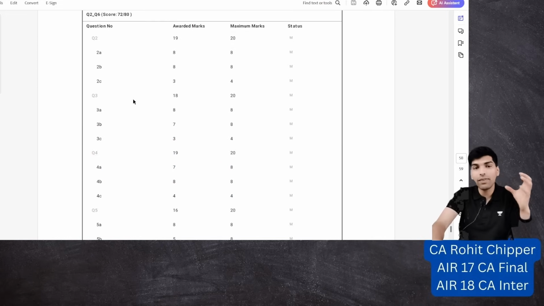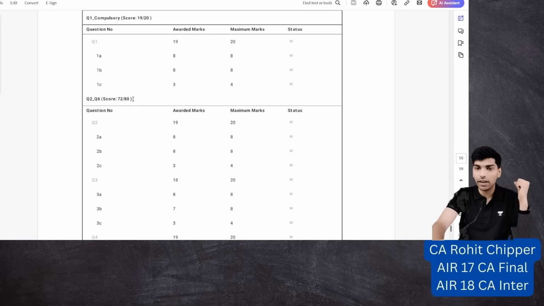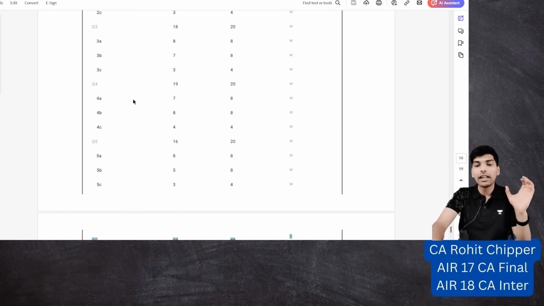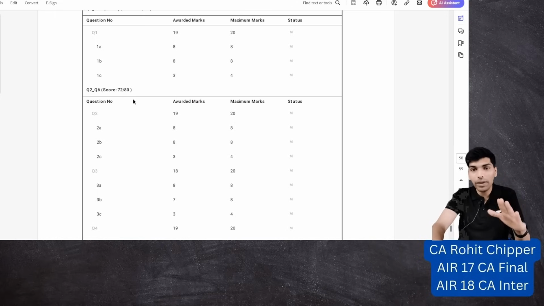Only the best 5 answers have been included in my exam. Due to this, I got an advantage of 6 marks because of the sequence in which I attempted the questions. Some students will say that ICAI gives the marks based on the first 5 questions. If you see my certified copy, I will provide the link of this copy in the description box so